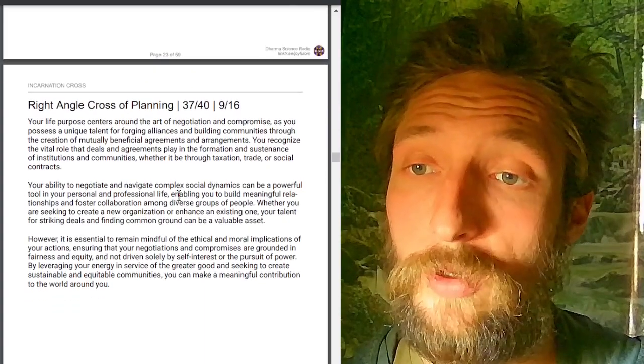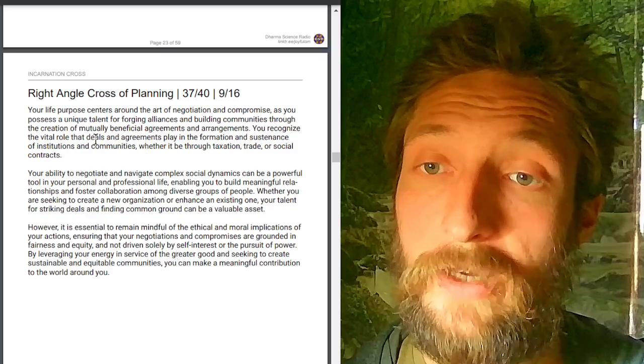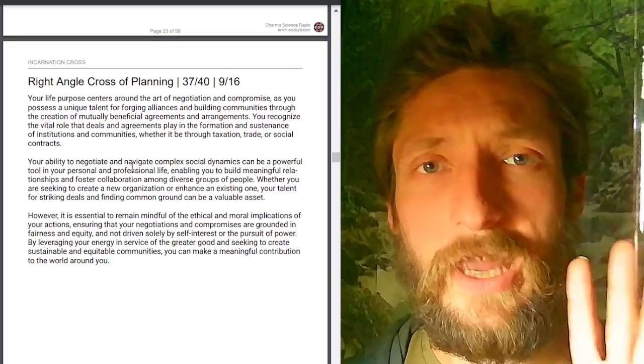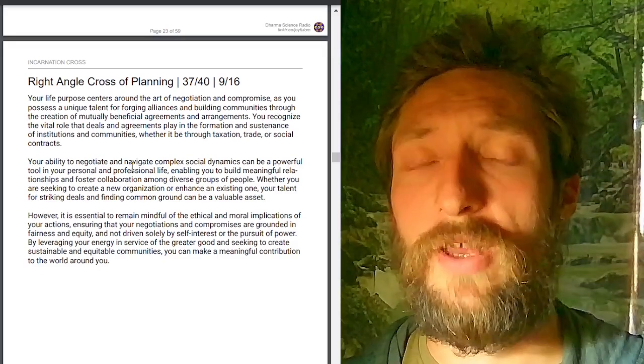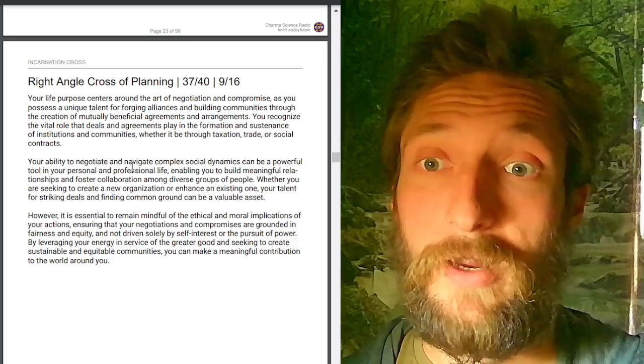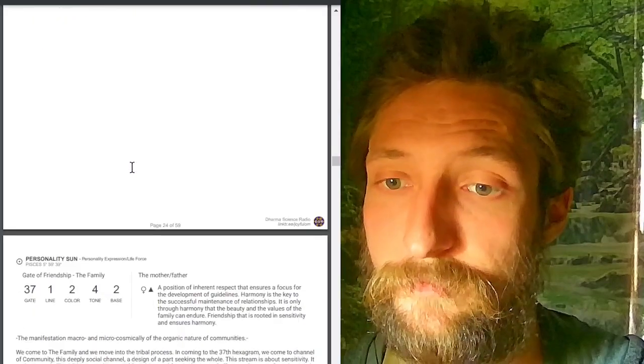Naturally, after that, we're looking into the cross, and this is a little description around my cross of planning, where you can get in touch with these 4 gates that make up 70% of the neutrino programming information in your body graph. And so there's a little nugget on the cross.